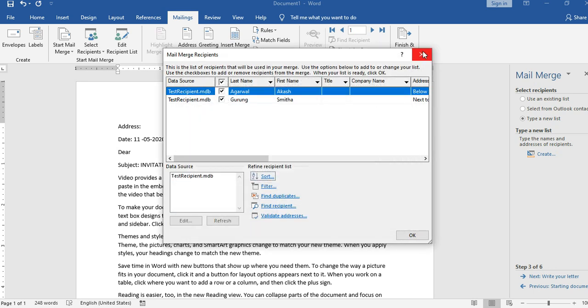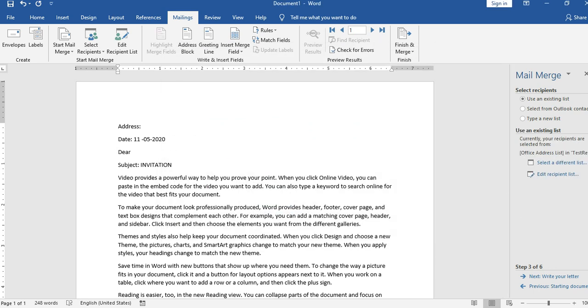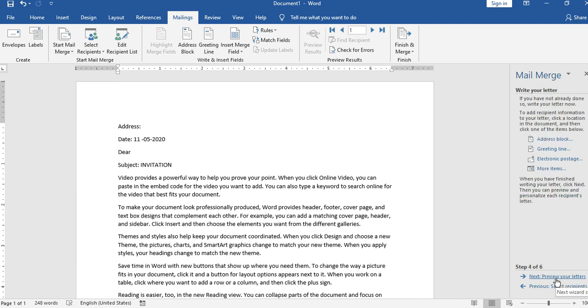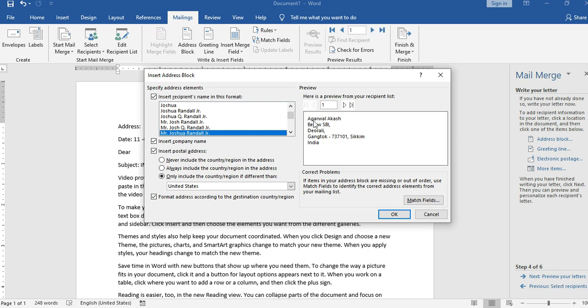Now let me close this one. Okay, let me do an okay over here. Then after that you need to write your letter. After you write your letter, it is going to ask for an address book, greeting lines, electronic postage. Now everything you have done by yourself. If you want to preview it, you can look at the address book, and over here it's going to say Agrawal, sorry,